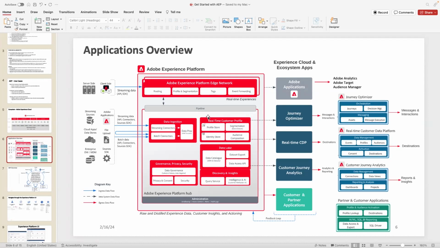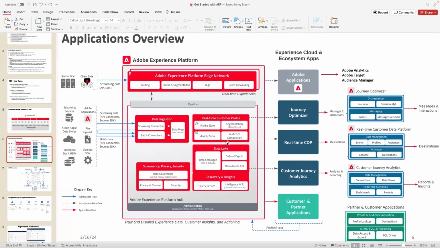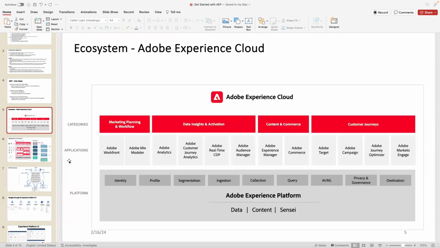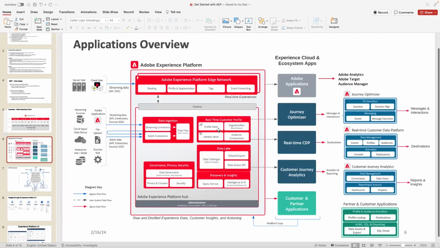What you can see here in this diagram is much clearer, and I'll go through an example from the top all the way down, showing how the data is going to appear in this application overview. Real-time CDP is this section. I'm not sure if you are able to see it right here. So that's nothing but this. So it's not just a separate application, but part of AEP? Correct, exactly. However, it's shown as separate, but it is part of the same system because this system